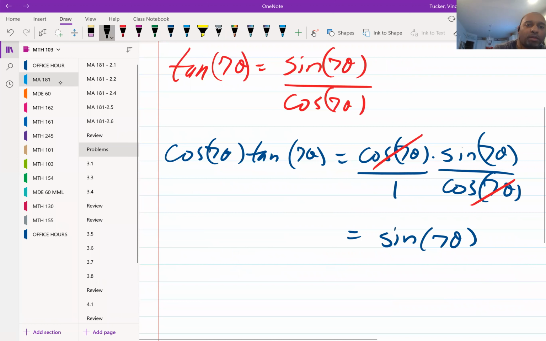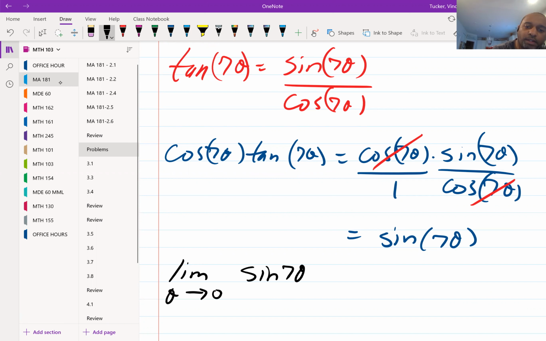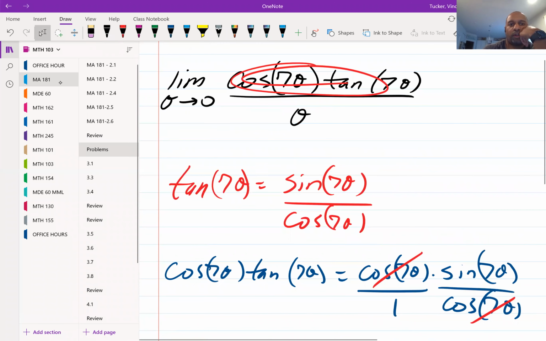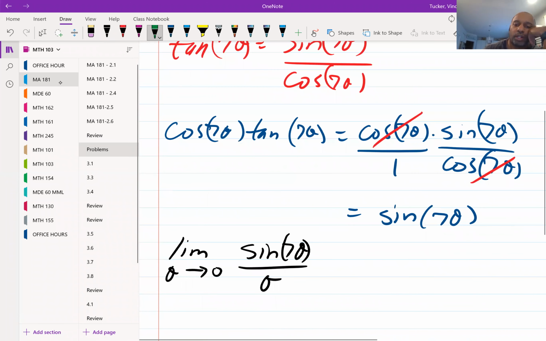All right, so our new problem, after you simplify, is the limit of theta going to 0 of sine 7 theta over theta. Okay, so now this is going to lean on the premise of